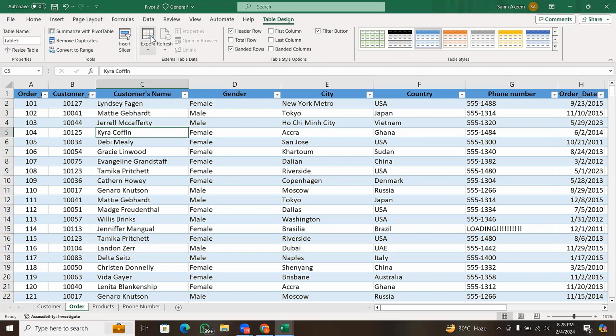Now you can export directly. If you want to export your table, you can export it to SharePoint and the likes. You can also refresh your table if you add any data to it. You can just refresh it, and it's going to refresh the table and put it back to normal. Then if you come to table style options,